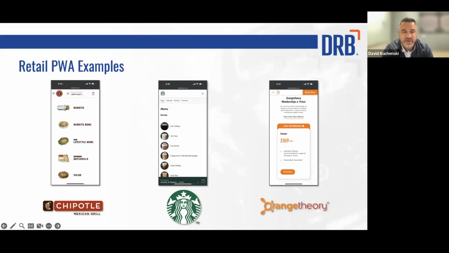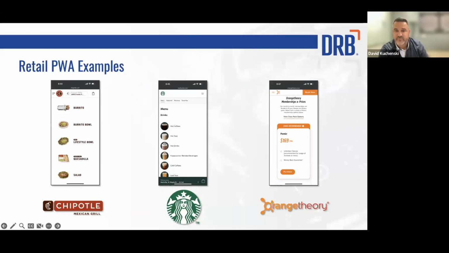So here are some examples of a retail progressive web application. These are three that we would consider best of breed in the retail space. First is Chipotle, and Starbucks. They've driven frictionless consumer journeys, and they have a very good strategy around capturing a consumer to come in and place a single order, for a burrito or for a coffee, collecting that consumer information and then driving them into the native application to deliver a much richer experience. We'll get to that in a little bit as Allie talks about Beacon Mobile.